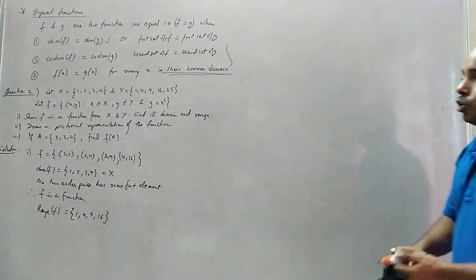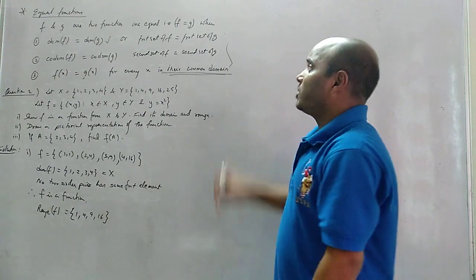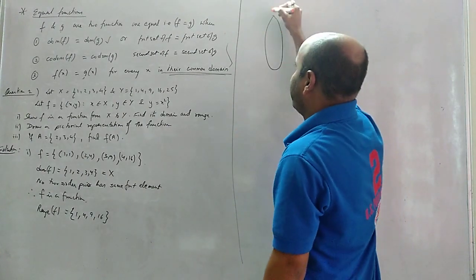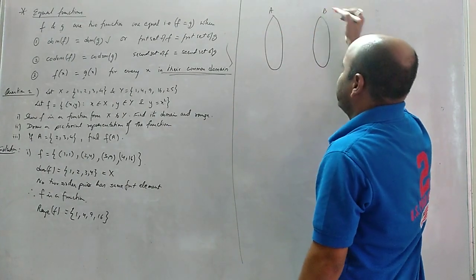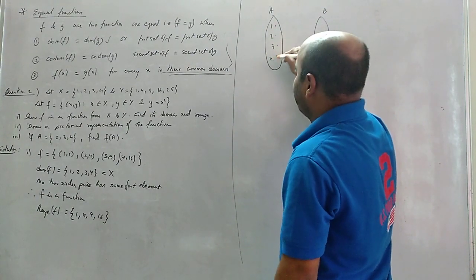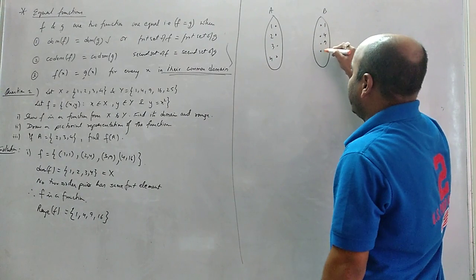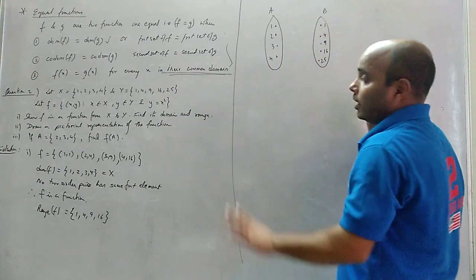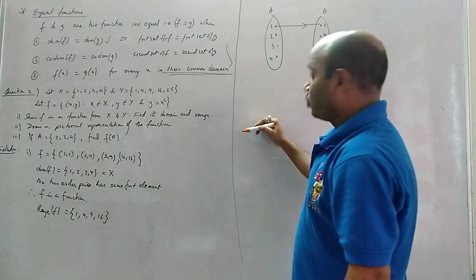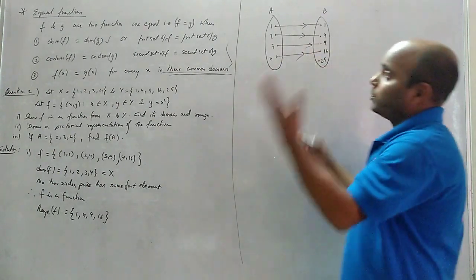The next part is draw the pictorial representation of function. Function means what? Relation. What is the pictorial representation of a function? Mapping. Arrow diagram. So arrow diagram बनाना है. A, B. Write the elements inside A: 1, 2, 3, 4. Now inside B, 1, 4, 9, 16, 25. हो गया. अब मैपिंग करो. So यहां से मैपिंग करो. 1 to 1, 2 to 4, 3 to 9, 4 to 16. Okay, this is pictorial representation.